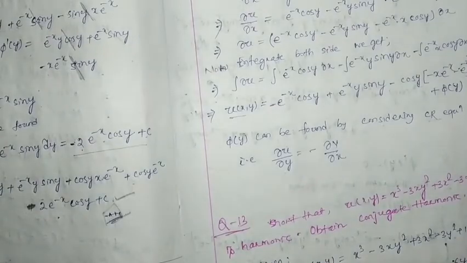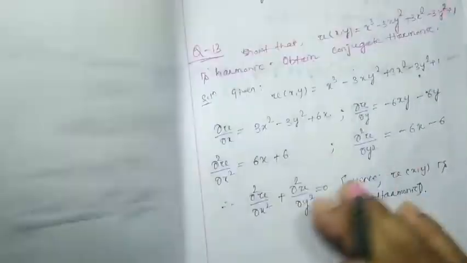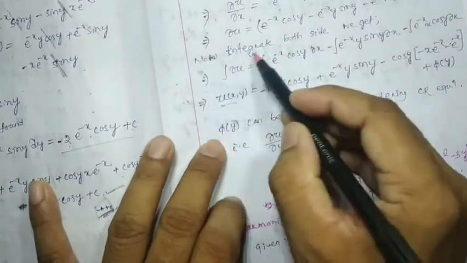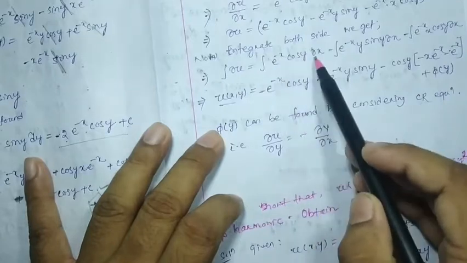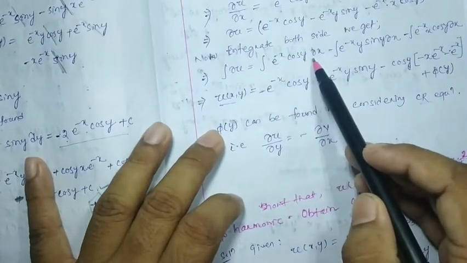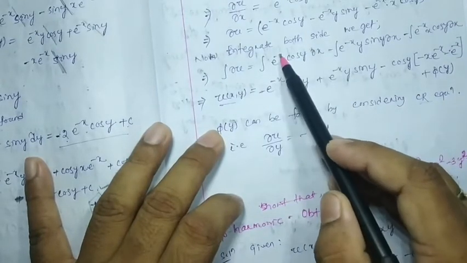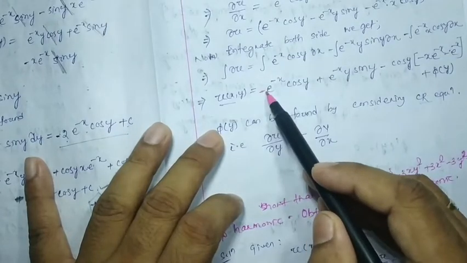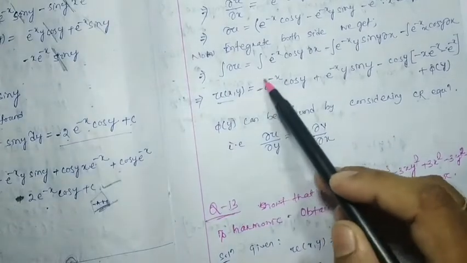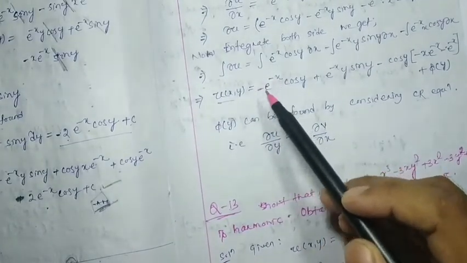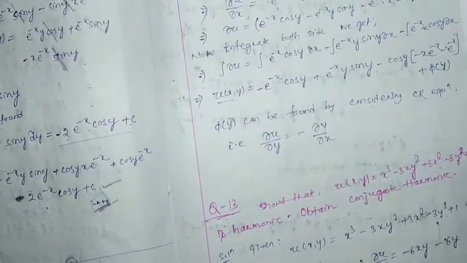Here you can see in question number 12, after integration of this one, now integrating this, it will be e to the power minus x. Integration with respect to dx means e to the minus x should have a minus, minus e to the minus x. So there was a mistake that you have to correct. Now I am going to solve it. You just watch.